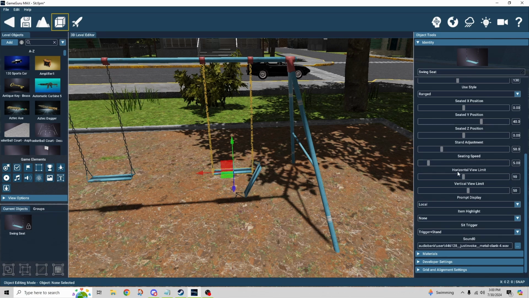Then we have the horizontal view limit. That really just means that I could pan my camera left or right, horizontally, up to 90 degrees. Obviously you wouldn't want to make that much higher, because then you'd be kind of looking backwards. Then you have the vertical limit, kind of same idea. It's panning the camera up or down. I just left all these at default, so you can try it out for yourself and see what you like